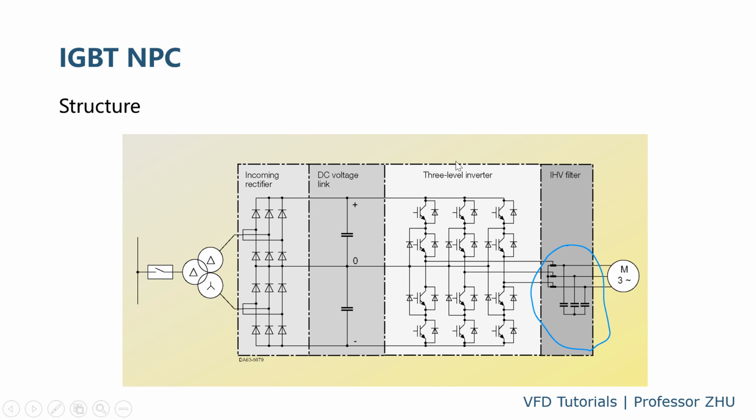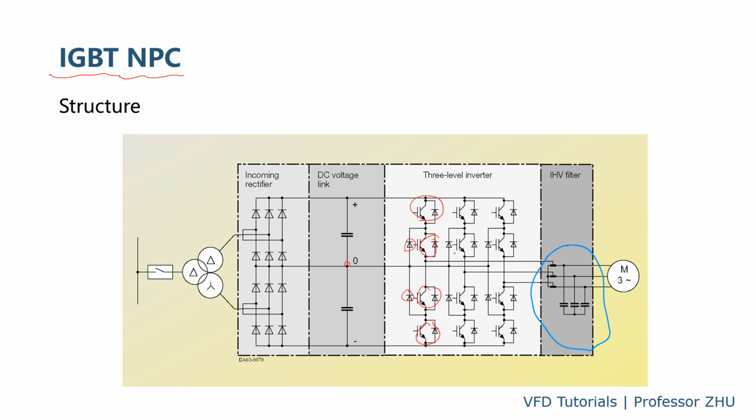Next one is also NPC, but uses IGBT as a device. The same rectifier, 12 pulse, DC, neutral point, plus, negative, positive, negative. And then the difference is on the output, which uses IGBT. For IGBT, add 2 clamp diodes. So same as before, 3 levels for each phase, and 5 levels line to line,